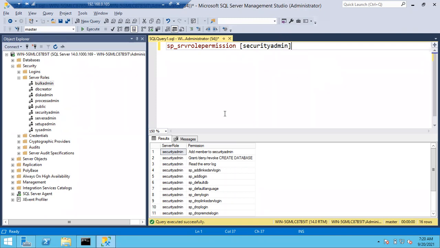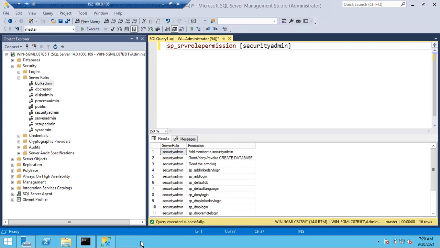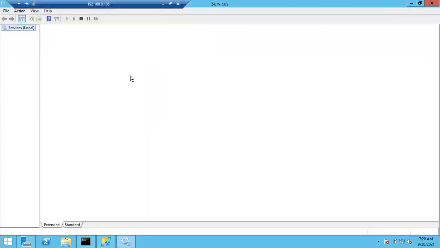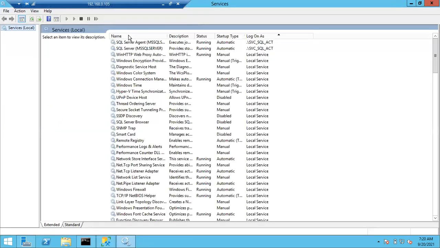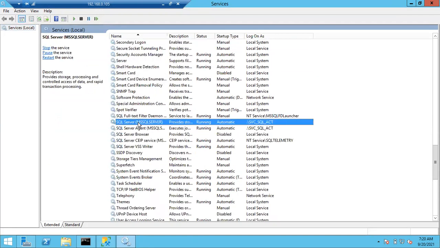Right. So we can start or stop the SQL servers in multiple ways. One is that we have all the services in services.msc, right? From services.msc, open Windows, run services.msc. From here, you can start or stop the service. Just select any service, hit the S button. Just keep it in ascending, alphabetical order. Just press yes.